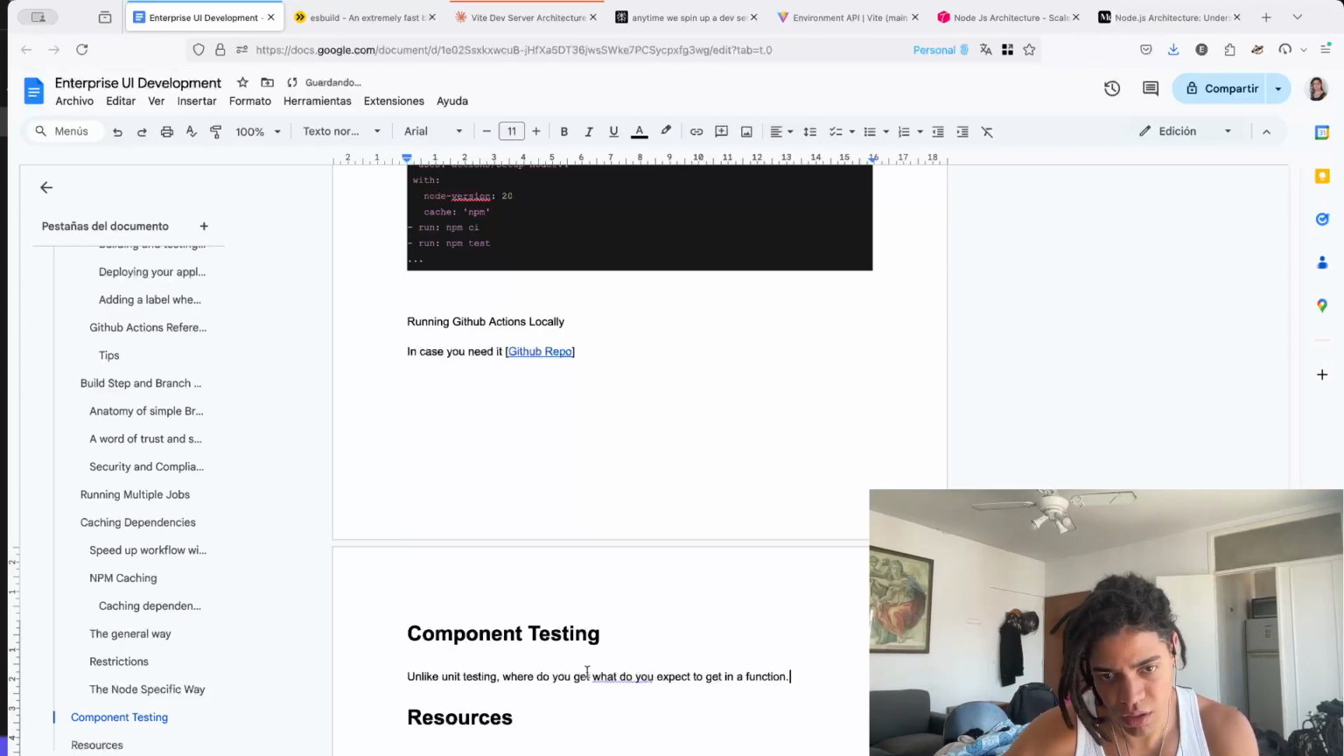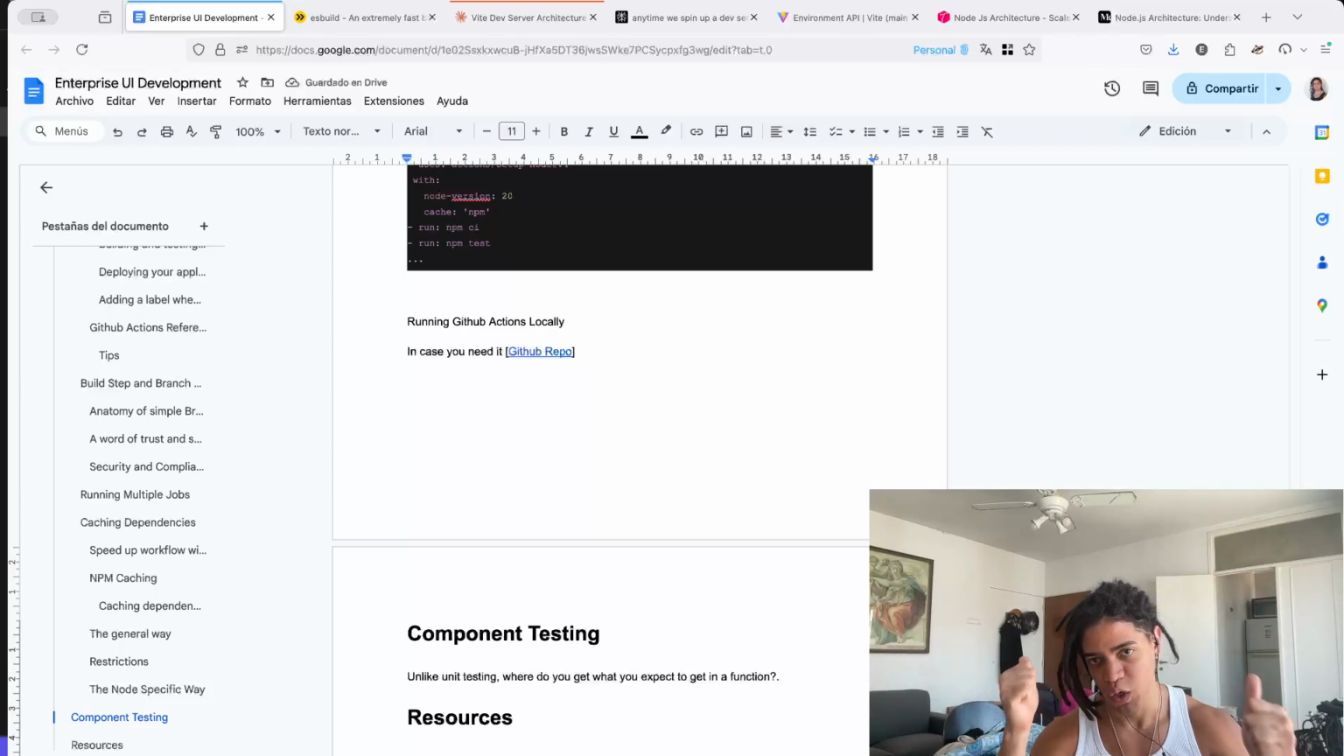Okay. Unlike unit tests, where you get what you expect to get in a function, do you get what you expect to get in a function? If it is, all right, great, cool, awesome. Because